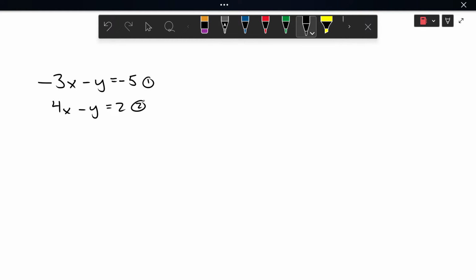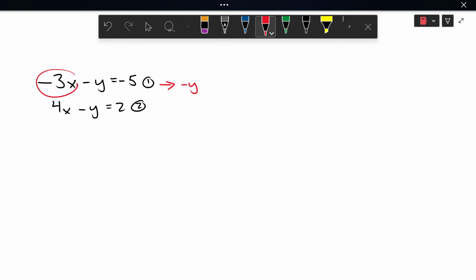That's equation 2. So in order to solve this, we need to actually put both equations in y equals mx plus b form, because we need to ultimately see which graph represents the equation. So we need to see them in y equals mx plus b form so that we can determine what the slope and the intercepts are. So if I put equation 1 in y equals mx plus b form, I'm going to get negative y, and